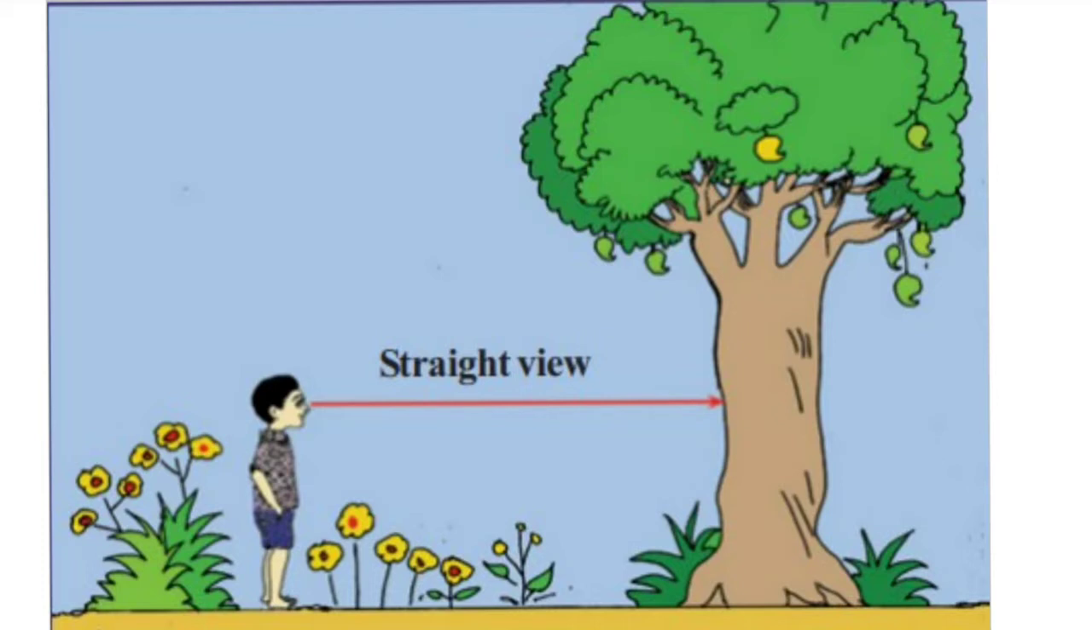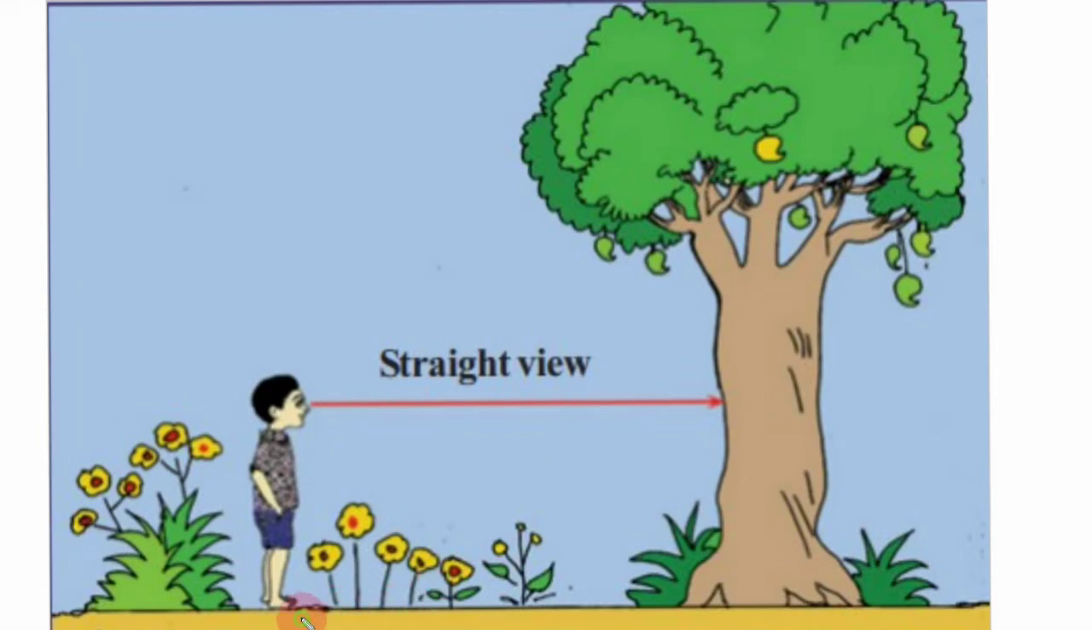Two types of angles are there. One is angle of elevation and the other is angle of depression. See children, here you can see a child. That child is looking at a tree. See children, this boy's view is straight,